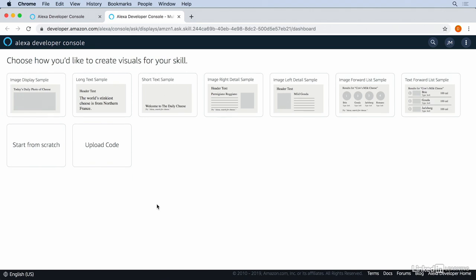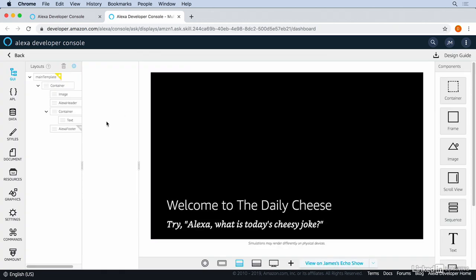The first thing you'll be greeted with is to choose how you'd like to create visuals for your skill. There are some templates already available to start from. What I would advise is, if you're new to APL, it would be a great way to get an introduction and to see examples of how APL is used. You can start with the templates, and as you get more experience and learn about the various components, layouts, and resources, you could start from scratch. So let's go ahead and open up a sample, this short text sample,